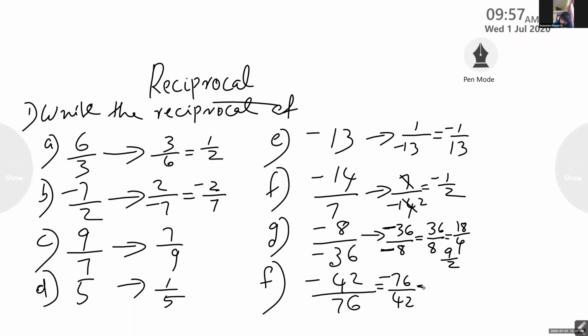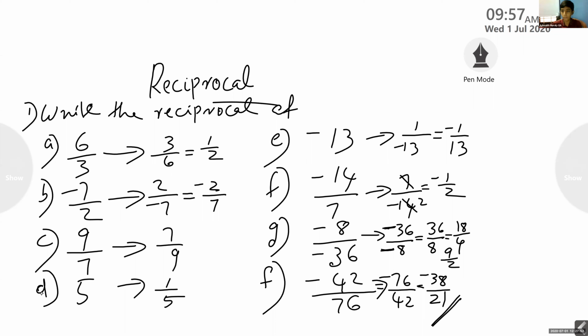76 can be divided by 2. Cancel 2 from both numerator and denominator. What will you get? The simplest form will be what? Sridev, what is the simplest form? Negative 38 by 22. 2 twenties are 40... 22, 42, 21. Negative 38 by 21. Okay. Overall, all of you? Yes, ma'am. Okay, good.